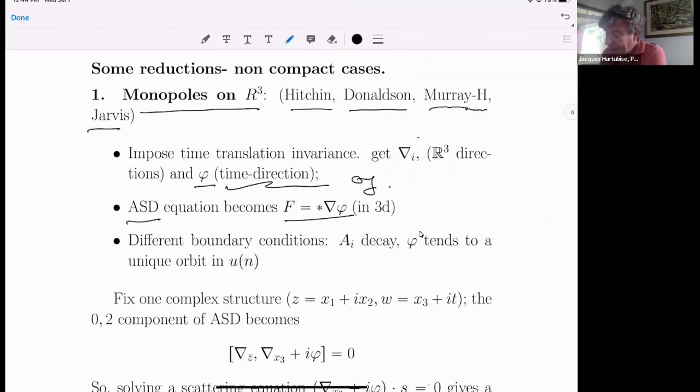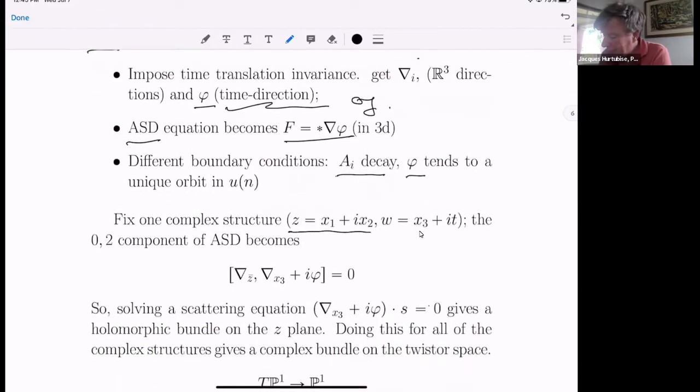What you do have is different boundary conditions. So the connection decays, but on the other hand, the phi tends to a unique coadjoint orbit or adjoint orbit in UN. So in other words, thinking of UN, it's a fixed set of eigenvalues at infinity. When you fix one complex structure,